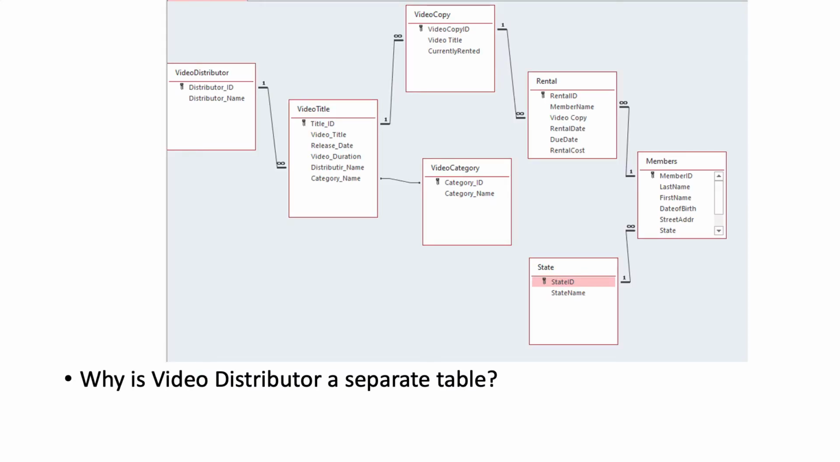Why was the video distributor in a separate table? At this point, I want you to think about what you think the reasons are, and I'll tell you why I think they were. Well, we wanted to eliminate the variations of the distributor name. If somebody was all capital letters, Big Dog Distributing, and somebody else only capitalized the first letter, if you had them buried in, if it wasn't a separate table, you'd have two entries